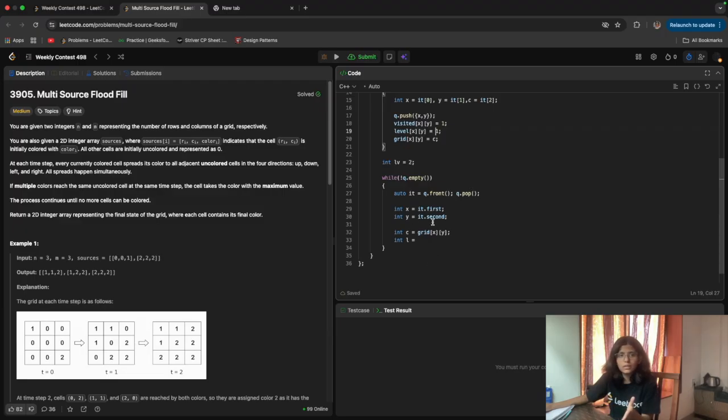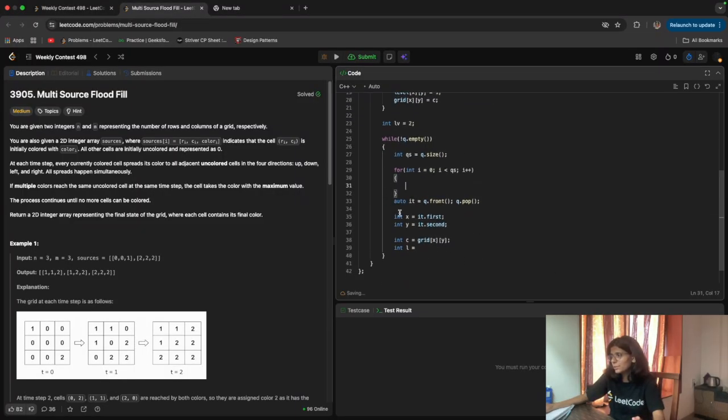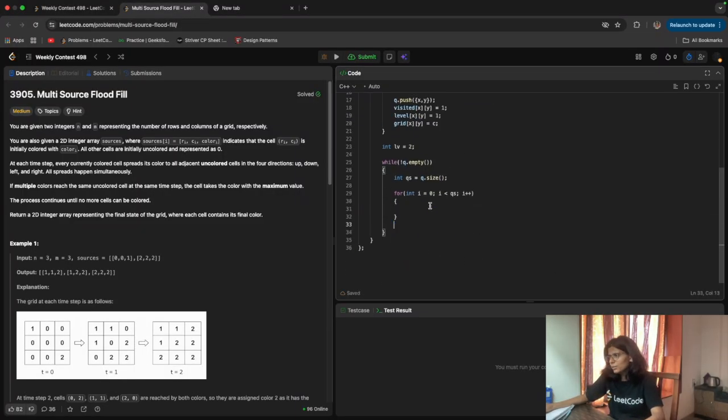To do it level wise, I need to take first whichever nodes were there in that level. So I will take q dot size, and for int i equal to 0, i less than qs, i plus plus. We could also have done it with qs minus minus in a while loop, however you want to traverse it, it's your method.